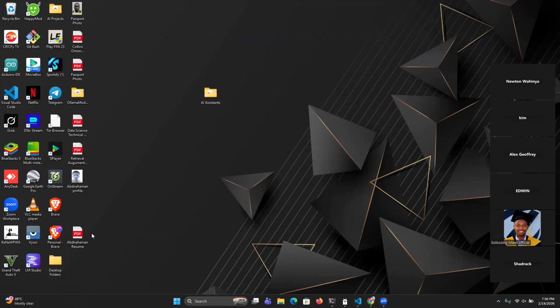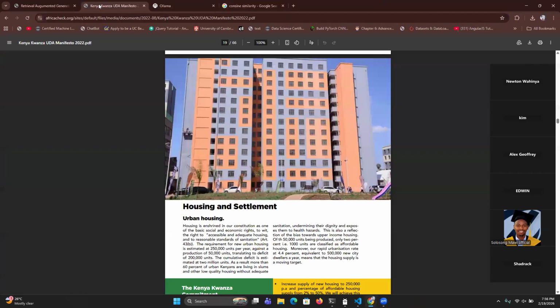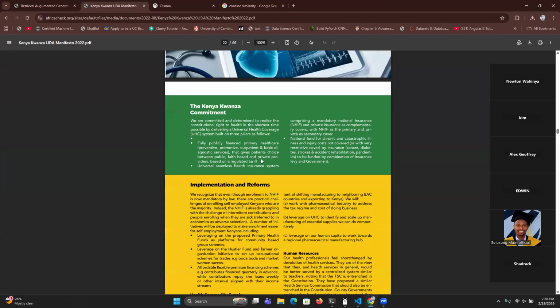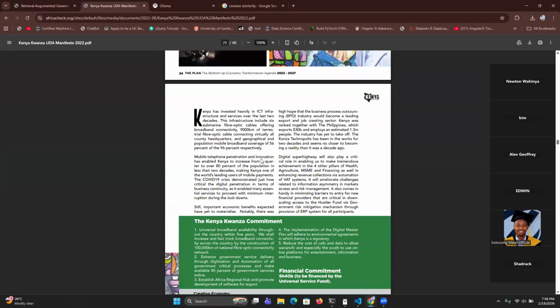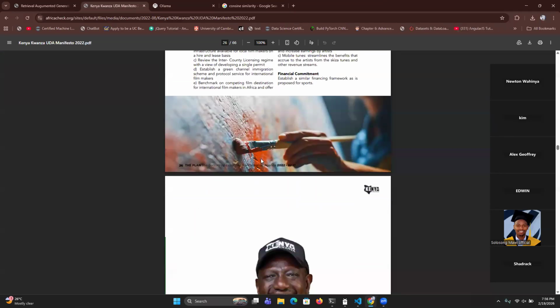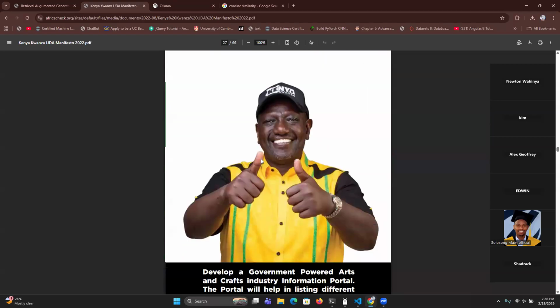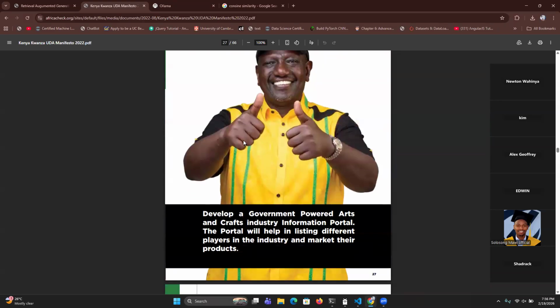Now that we are going into the political arena next year, most political parties will be having their manifestos, and the public wants to know, in brief, what the manifesto has. This is the document I've downloaded. But if I'm trying to go through this document, I'm not able to clearly understand it. So why don't I upload this document into my RAG system here,